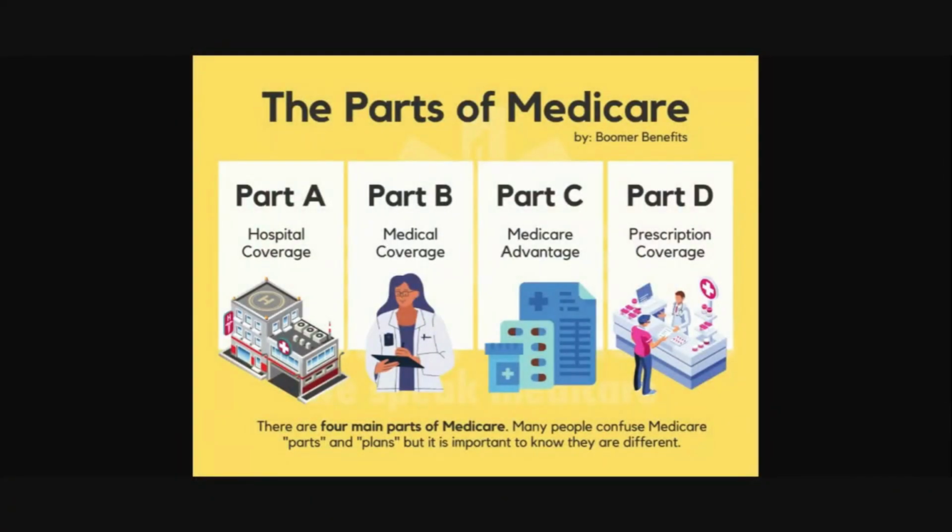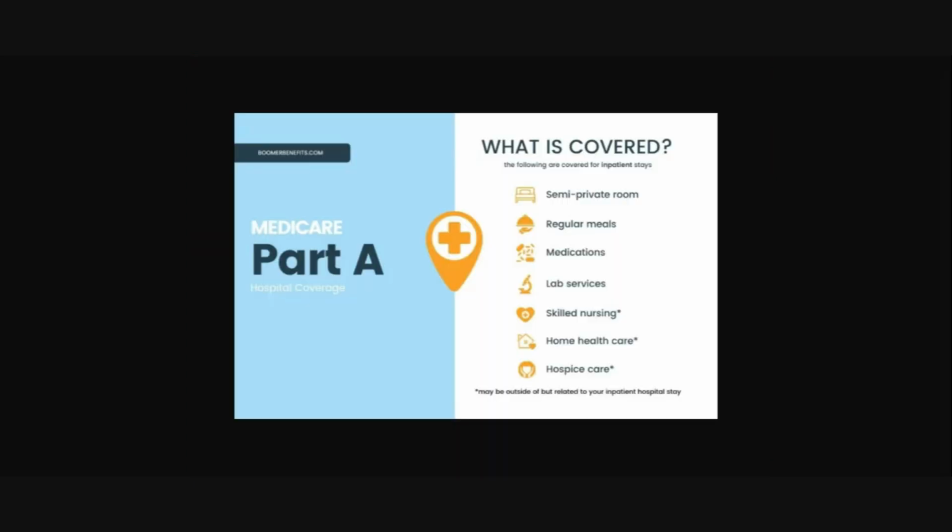All right. So, as we know, there are four parts to Medicare: A, B, C, D. I want to talk through parts A, B, and D first, Jordan, and then we'll circle back to C. Jordan, what is Part A? So Part A covers the hospital coverage. As you can see in that chart, it covers the main things for a hospital stay, and that's the main driver for Part A of Medicare.